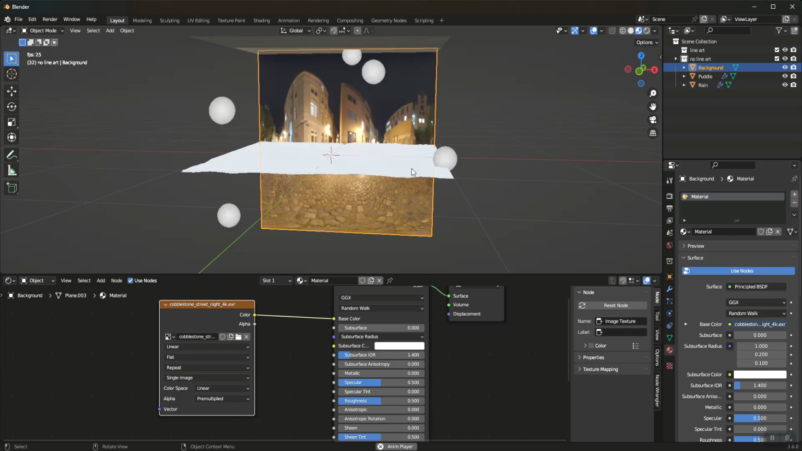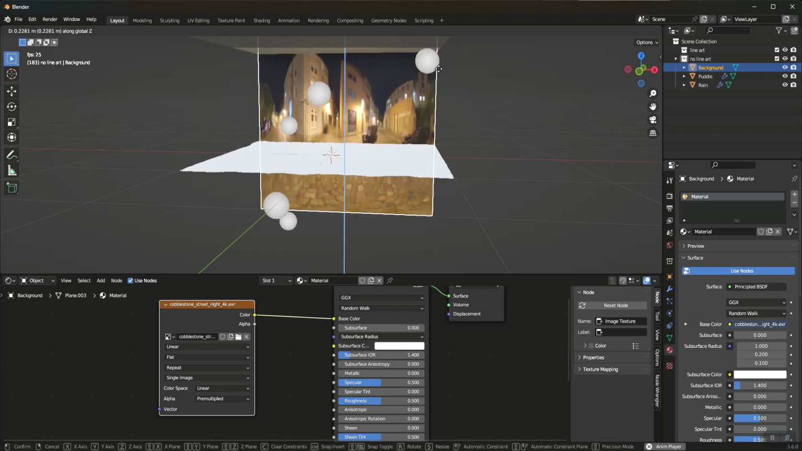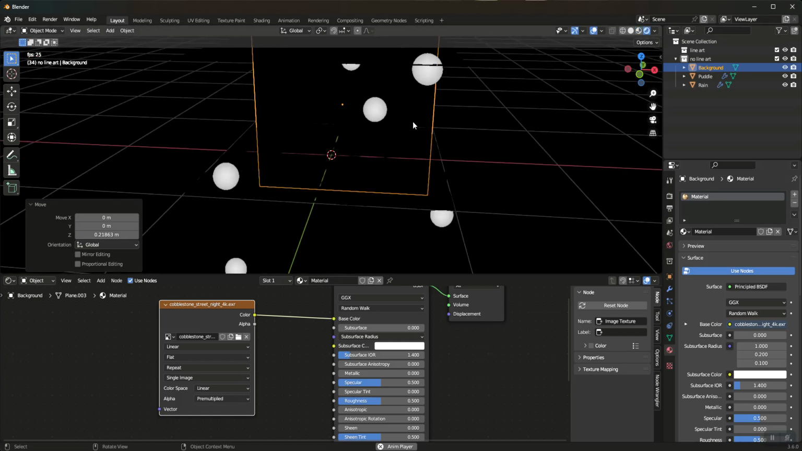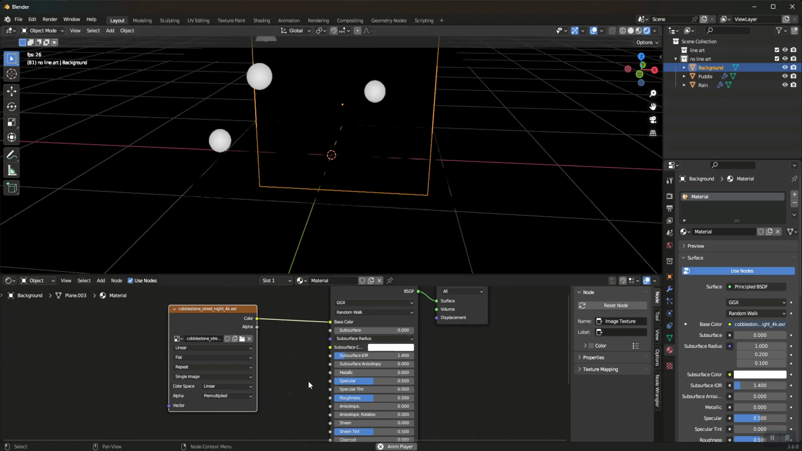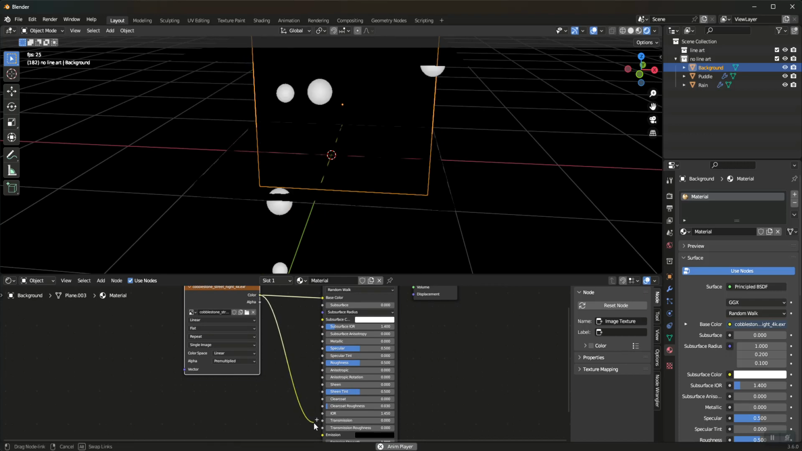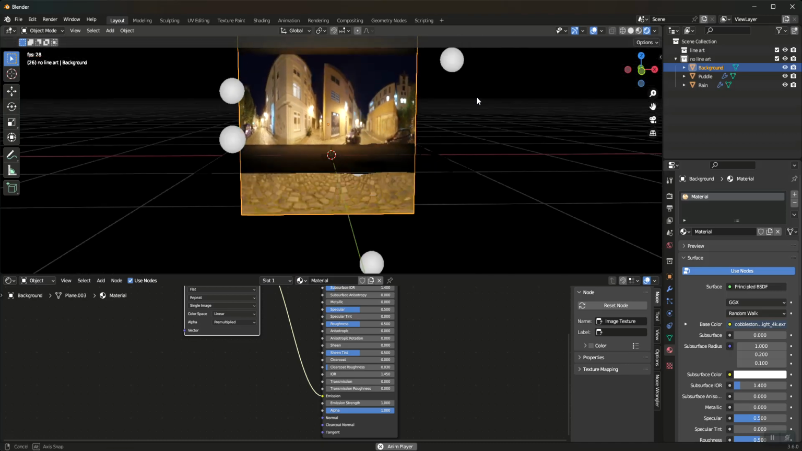And you see we have the image there. I'm going to get Z, and I'm just going to bring this up because I kind of want the buildings to be what's reflected. But you see when we go to render view, it's all black, and that's because we need to add some emission to this. So we're just going to take the color and drop it into emission. And now our